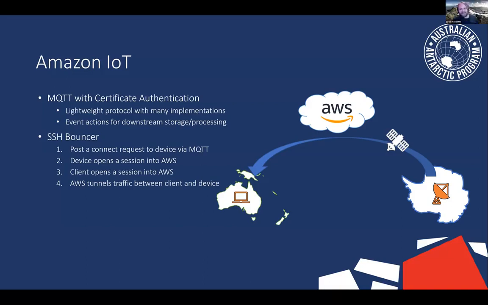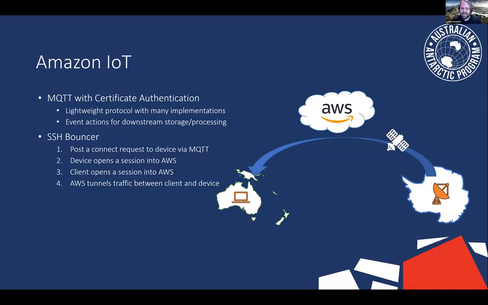That means the device needs to have the ability to dial out and connect to something. And we didn't really want to give the ARTEMIS installations the ability to dial straight back into our Kingston headquarters. So we realized that we can do this quite easily with the Amazon IoT platform,